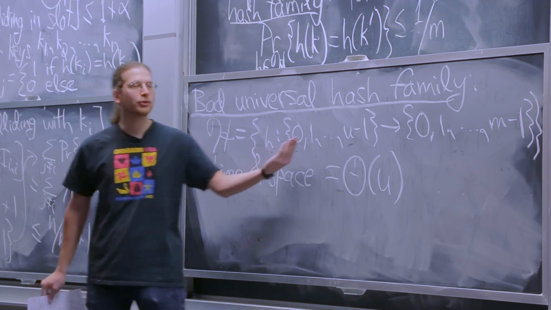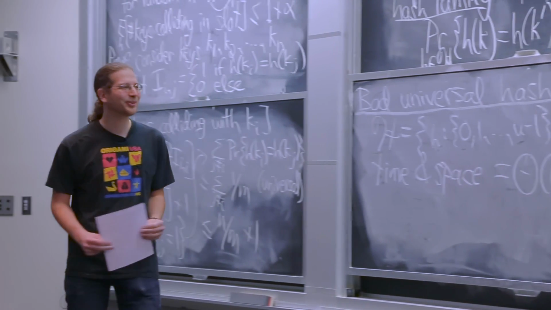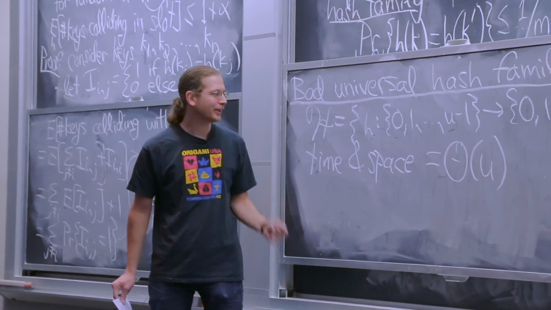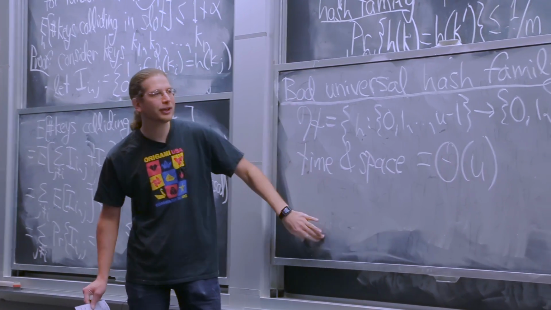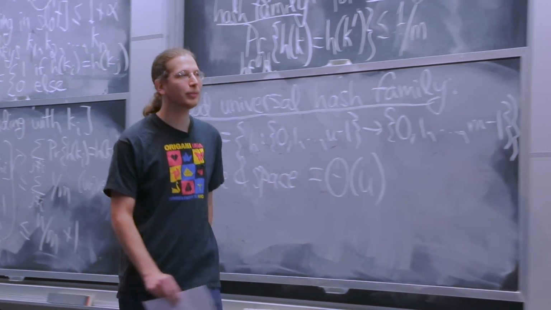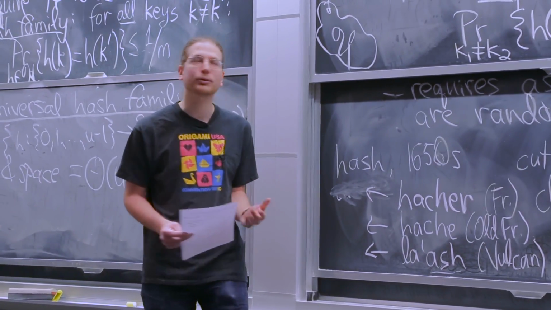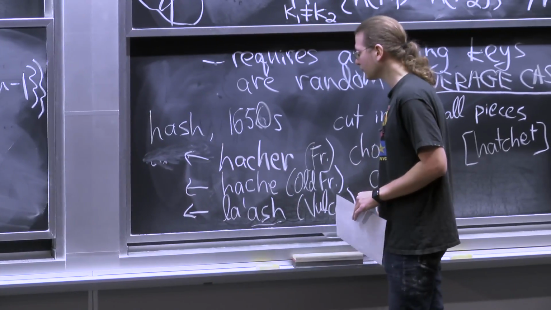You could try to not store them all and use a hash table. But you can't use a hash table to store a hash function. That would be infinite recursion. But at least they're out there. So the challenge is to find an efficient hash family that doesn't take much space to store and doesn't take much time to compute. We're allowing randomness, but